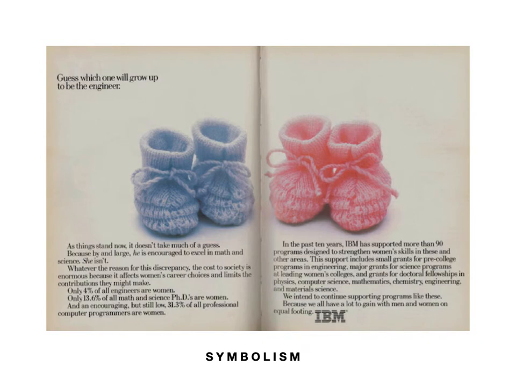Another approach to concept generation is through use of symbolism. Here IBM is trying to draw attention to the lack of women in a lot of the STEM areas. So they create programs designed to strengthen women's skills in these areas. So they're using the symbolism of blue and pink to represent male and female, to symbolize gender here. That's what the program is. It's a pretty old program. This is an older ad.